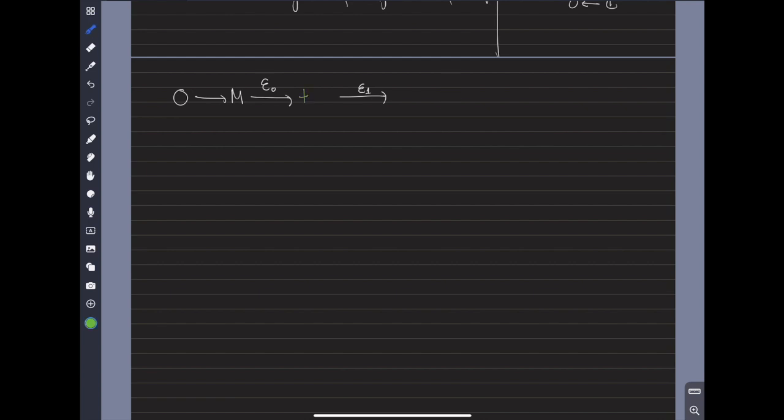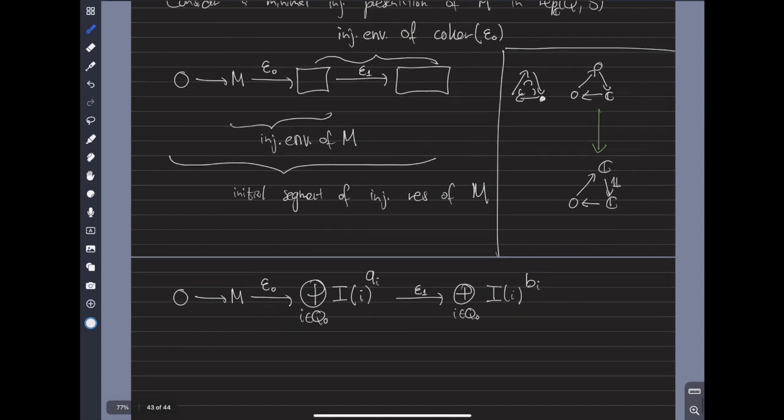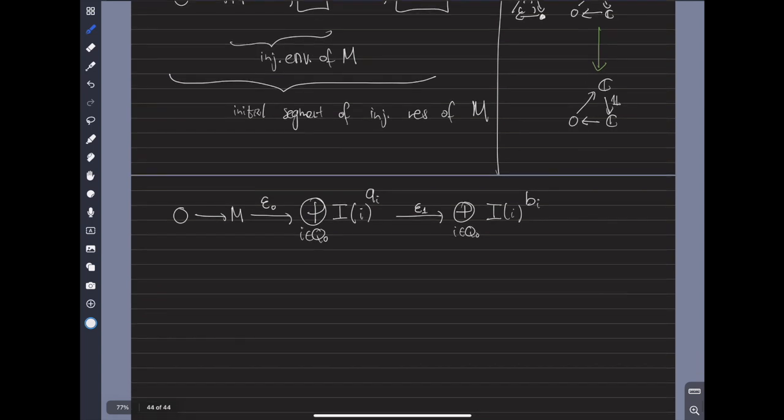And when we decompose, it's something of this form. I in Q0, for each vertex, I have the injective there, I, and then with certain multiplicity, let's say AI, and then I in Q0, and again with certain other multiplicity. And okay, and then we define the G vector of M,